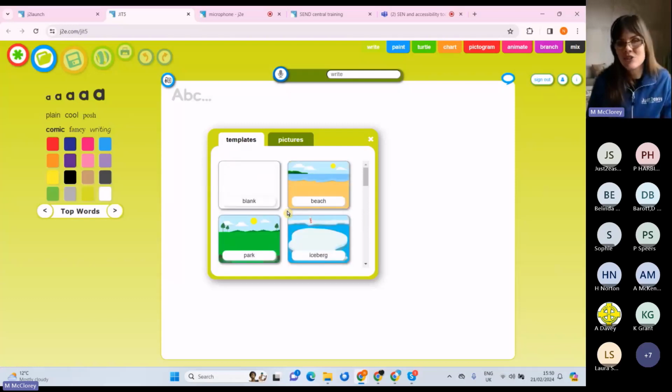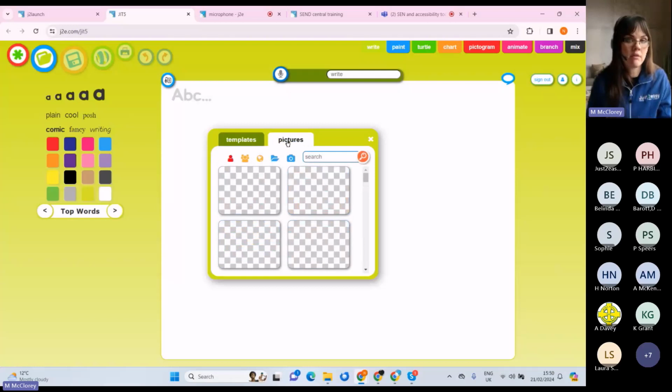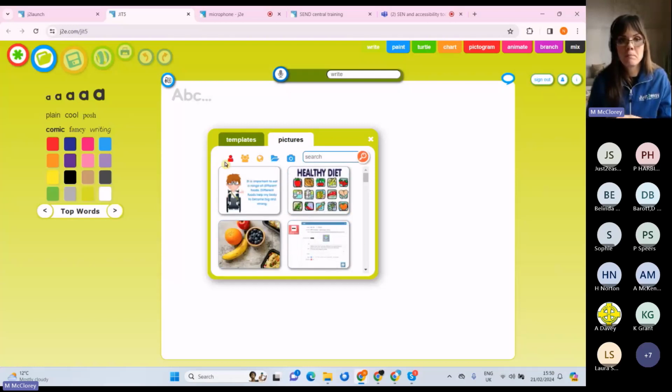If you're thinking, you know what, this is just a little bit childish, I've got an older student with SEND that would benefit from JitWrite, but these are really childish. You can also use pictures as backgrounds. So if I click pictures, I've got my Files. So anything that I've added into my Files, I can add in. You can take photographs. I'm not going to click that, otherwise you'll just see all my very messy spare room. So you can click that and take photographs straight in. So maybe you're doing an all about me. They can have their face as a background and write their